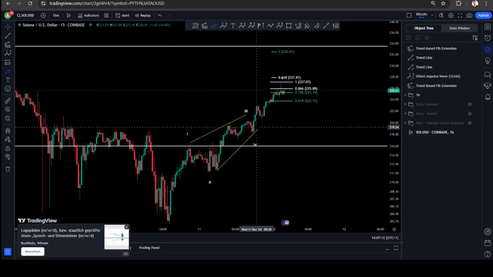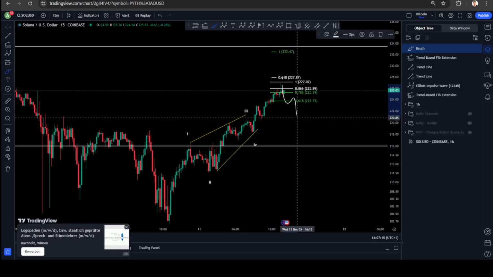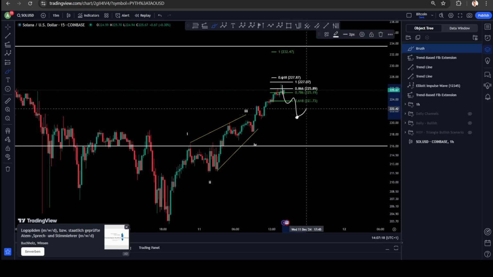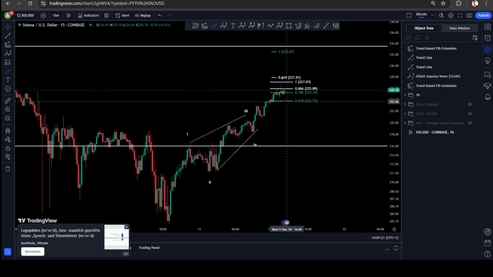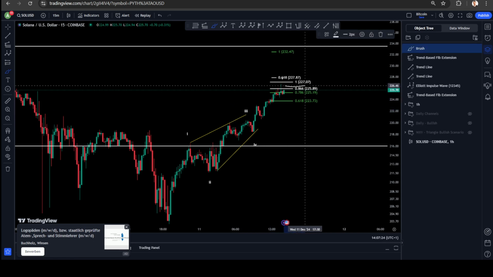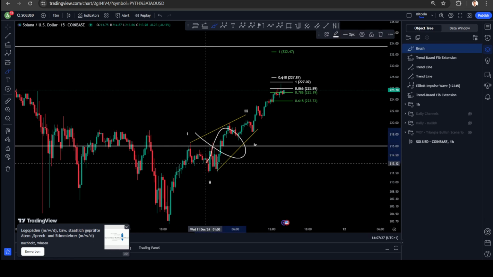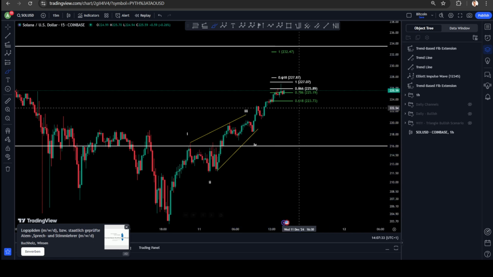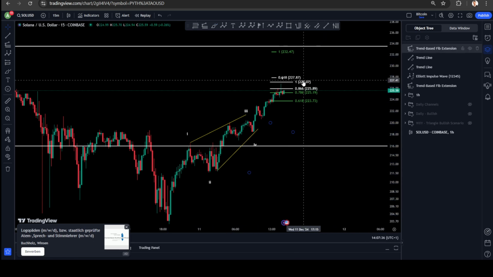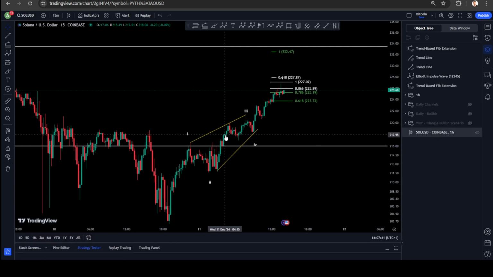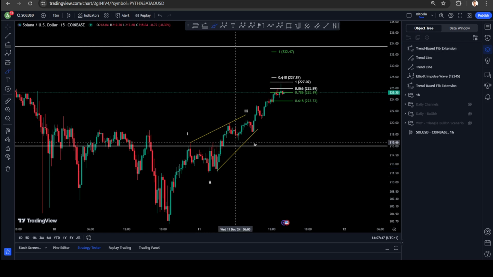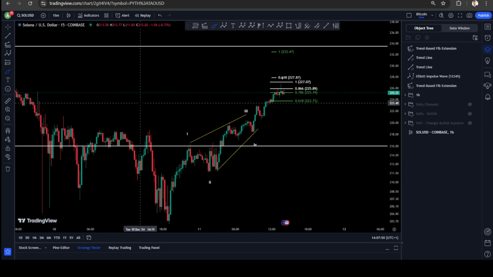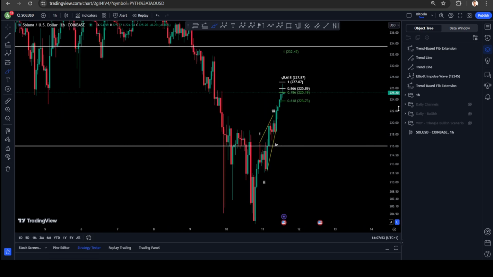Now, probably we would like to see a wave 2, even if it is shallow. Okay, a shallow wave 2 is fine, and then continuation towards the upside. If it continues from now and it invalidates this, that is a direct invalidation of the diagonal, and you have to consider this 1, 2, 1, 2, and then 3, 4, 5, with double 1, 2s. So these are the scenarios for Solana right now. Both are bullish, so it doesn't matter if it is a diagonal or an invalidated diagonal. If we take this price, then we are in an impulse with double 1, 2s, which is also good. So these are the insights for Solana.